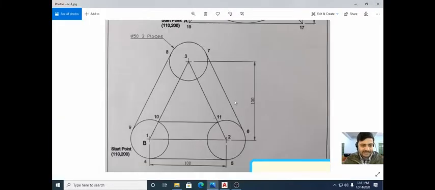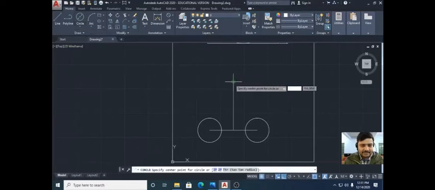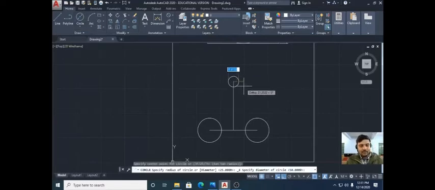Now what you have to make is a 50 diameter circle over here. Press onto the center diameter portion. The center is this much. So why have we made this vertical line? We have made this vertical line to find the center of the third circle. The center of the third circle was vertically upwards 100 from the center of these two circles, and it is 100 and the diameter is what?